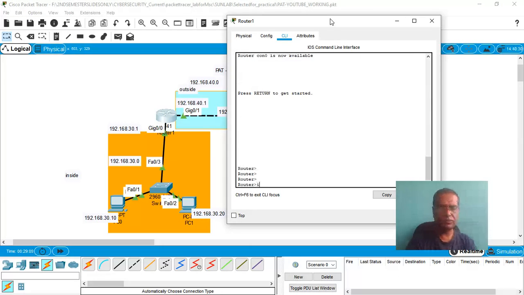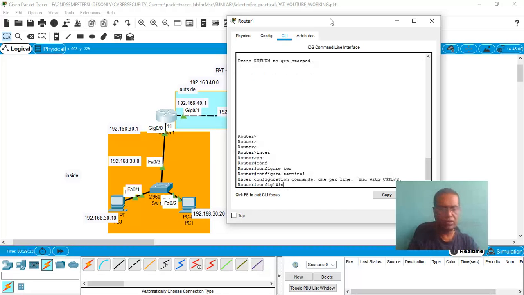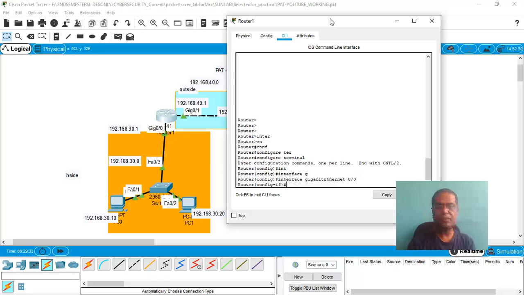So interface, let us choose the interface gigabit 0/0. Then we have to configure IP NAT inside.